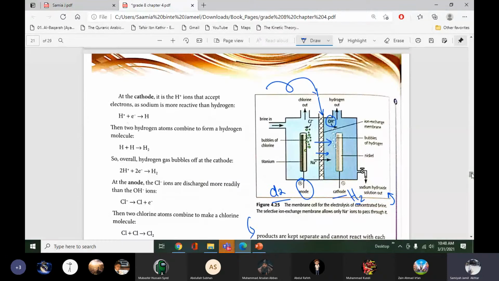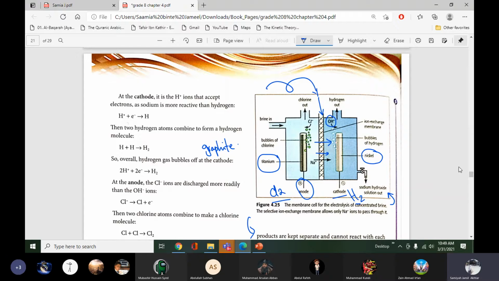So this was the one thing which I wanted to tell you. The cathodes and anodes can also be graphite, and we can also use titanium and nickel, as you can see in the diagram. So the anode can be made of titanium and we can use a nickel cathode also in this electrolysis. In different types of electrolysis, different electrodes are used. Like in this one, in concentrated sodium chloride, titanium and nickel electrodes can be used.